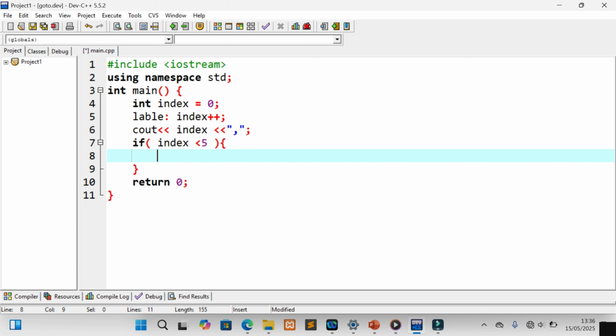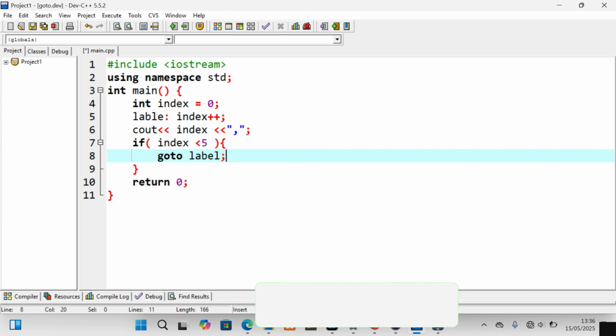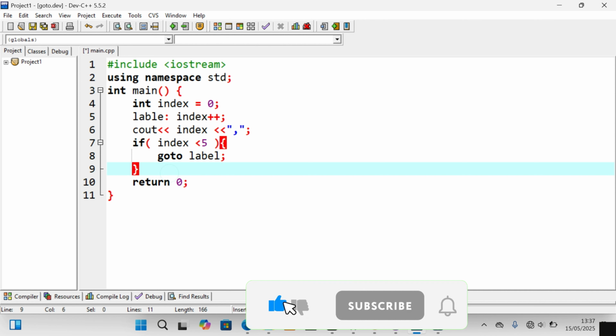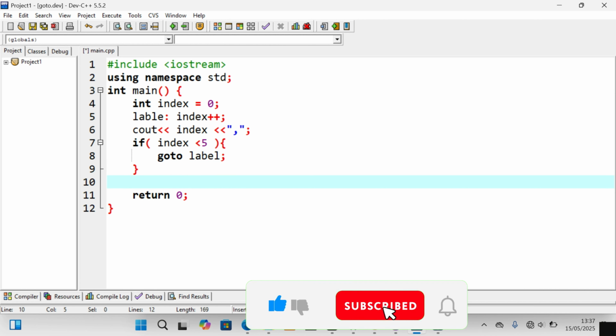We are going to use goto and access this label. So goto our label like this, then semicolon,